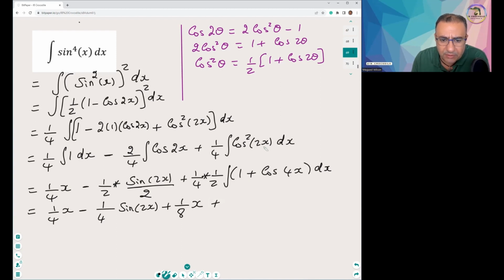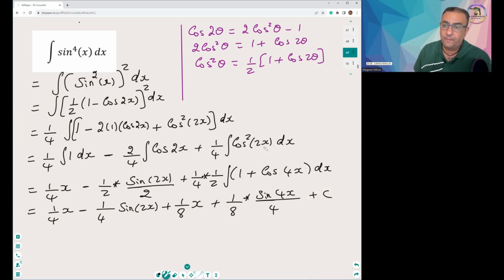And then plus 1/8 multiplied by the integration of cosine, which is sine 4x, but then you need to divide by 4, again by the coefficient of x, and then plus c. Okay, if you really want to simplify, so just multiply 8 times 4 will be 32, right? So now the final answer, 1/4x minus 1/4